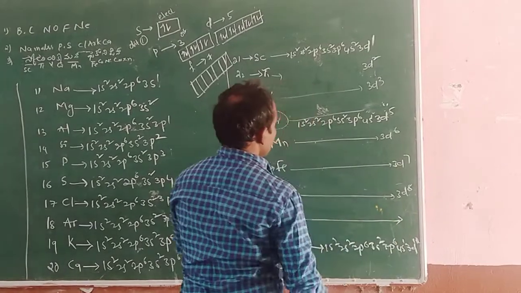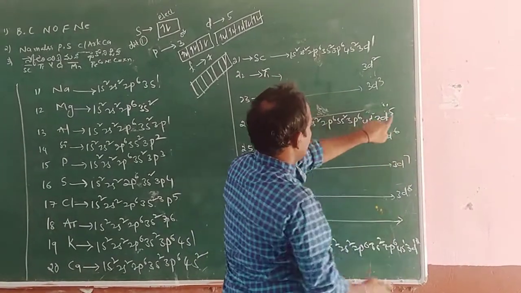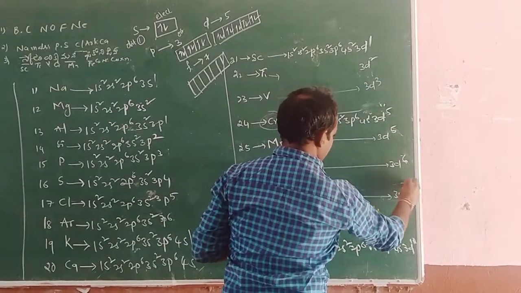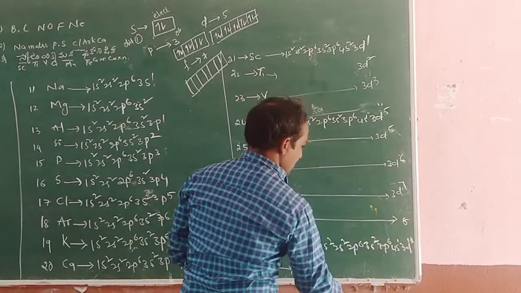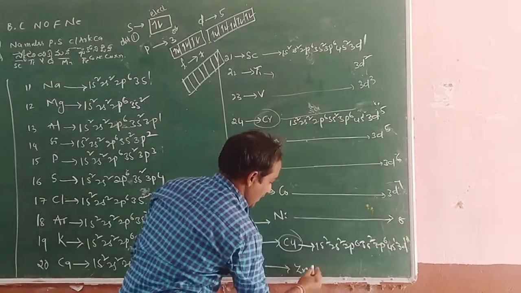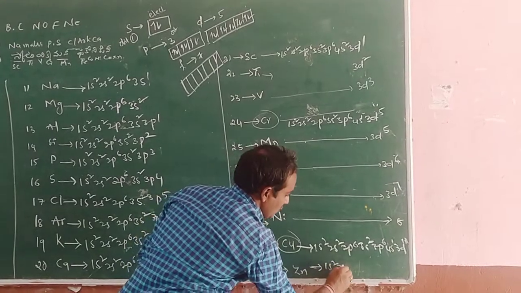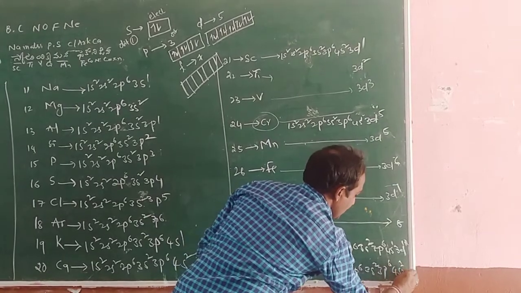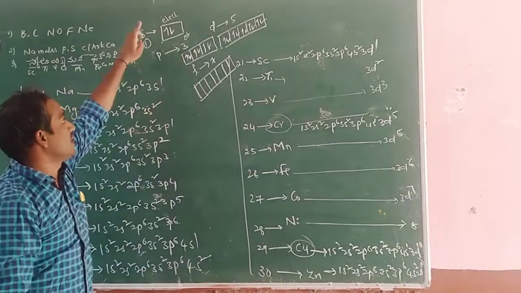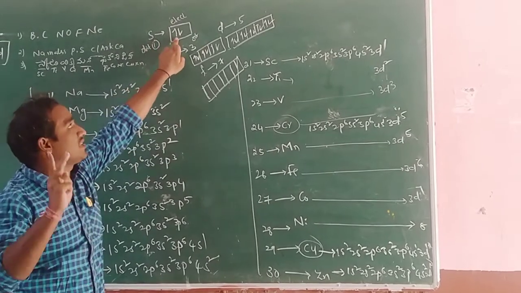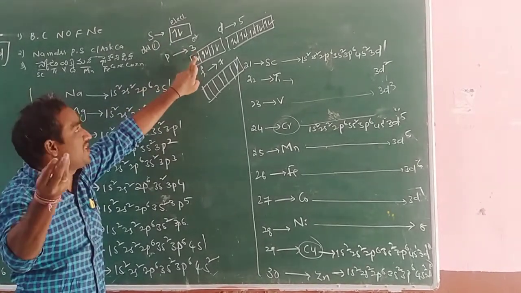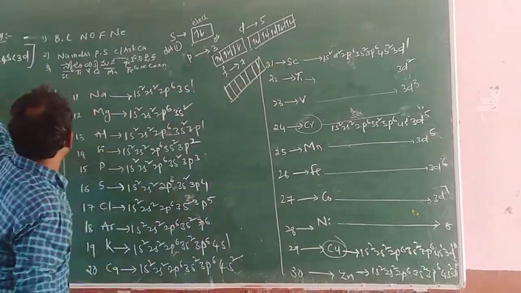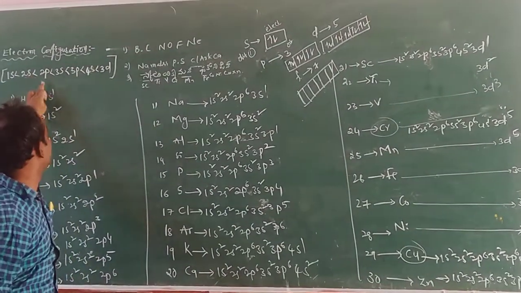So with 4s1, then 3d5, 6, 7, 8, 9, and 10 after the shift. The last one, zinc, is 1s2, 2s2, 2p6, 3s2, 3p6, 4s2, 3d10. The s orbital is only one, maximum electrons 2; p orbitals 3, maximum electrons 6; d orbitals 5, maximum electrons 10. And we have to follow the Aufbau diagram: 1s, 2s, 2p, 3s, 3p, 4s, 3d.